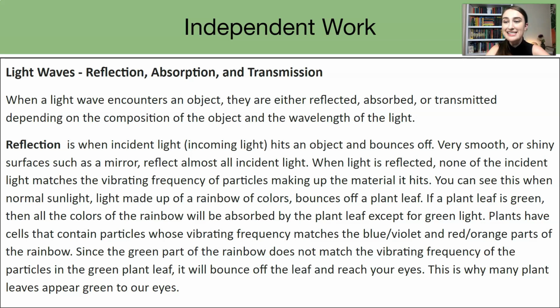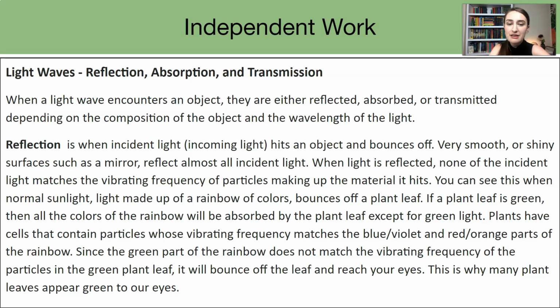Reflection is when incident light, incoming light coming towards something, hits an object and bounces off. Think about reflection. You know what reflect means. Very smooth or shiny surfaces, such as a mirror, reflect almost all incident light. When light is reflected, none of the incident light matches the vibrating frequency of particles making up the material it hits. You can see this when normal sunlight, light made of just the rainbow of colors, bounces off a plant